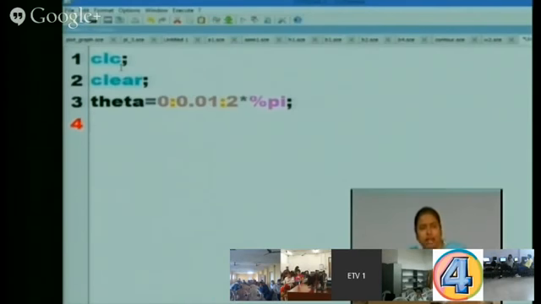I can use i somewhere else also, but in MATLAB this is not possible. If I am using i as an imaginary part, then I can't use i as something else. Or pi, I can give the name of the variable as pi also, so it will be taken as a variable. When I am writing %pi, then it will be taken as a special constant.